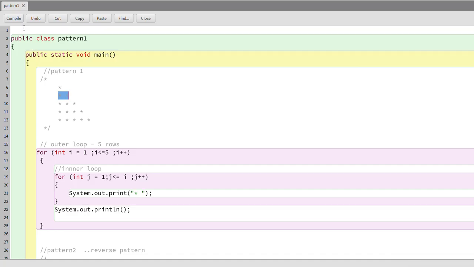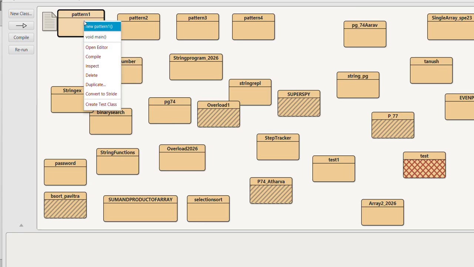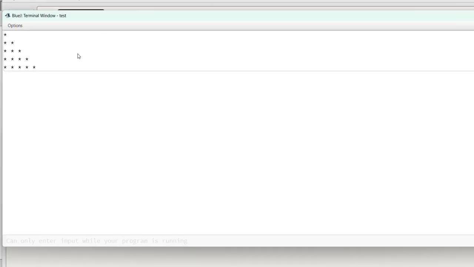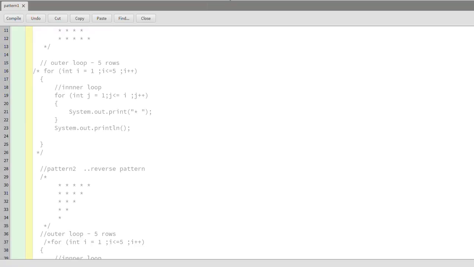So this is the way you have to print your first pattern. Now let me compile this code and run it. See, my output: each row is printed on a new line. Got it? Okay, let's move to our next.